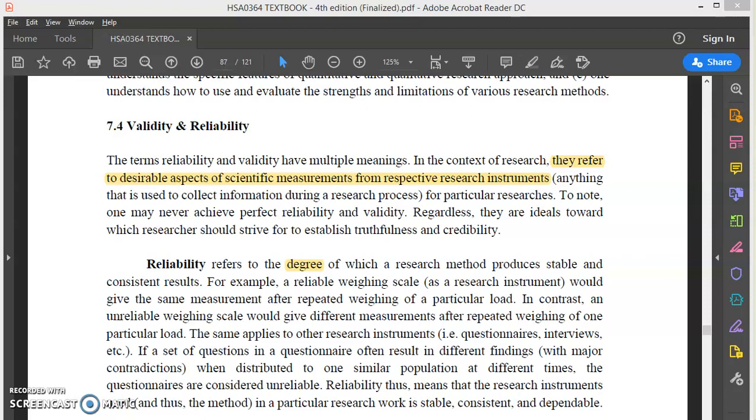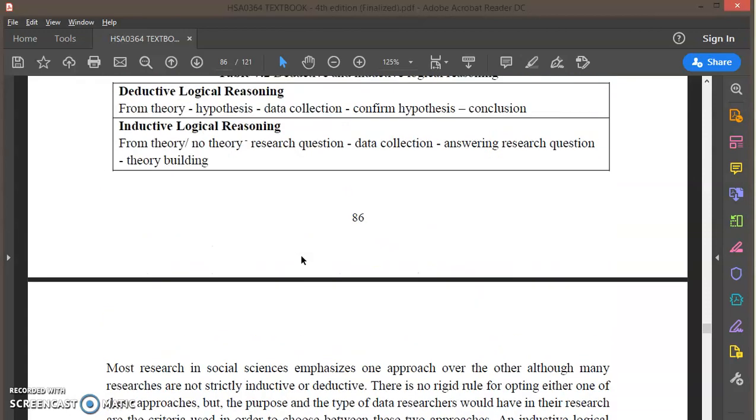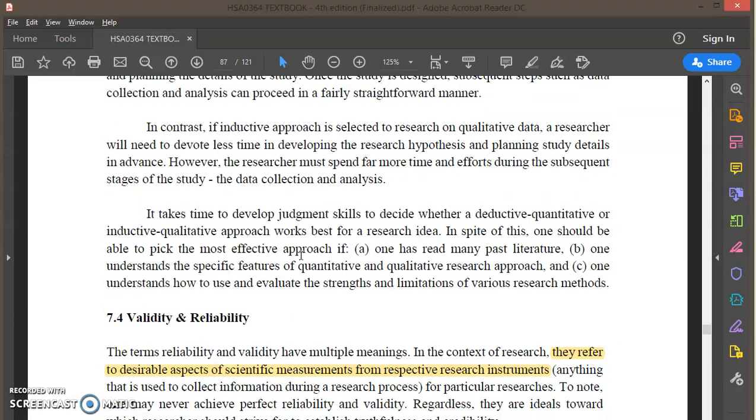Welcome back to our lesson, a continuation of our lesson for chapter 7. Right, so I think we've done with deductive and inductive logical reasoning. Now let's look at